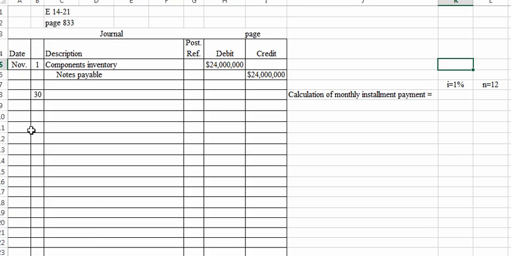So what we're going to have to do here, you guys, is go to our ordinary annuity table. That's what we're dealing with, like we talked about. The payments are made at the end of each period, each month in this case, and they're equal payments over time. So we'll go to our table on page P-4. Present value of an ordinary annuity, we will come across the top to 1% and down to 12 periods. We get